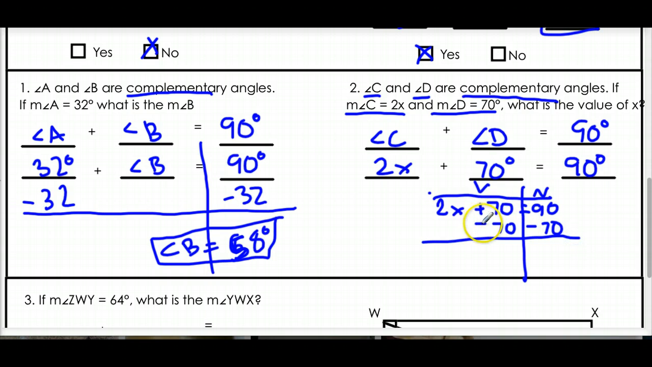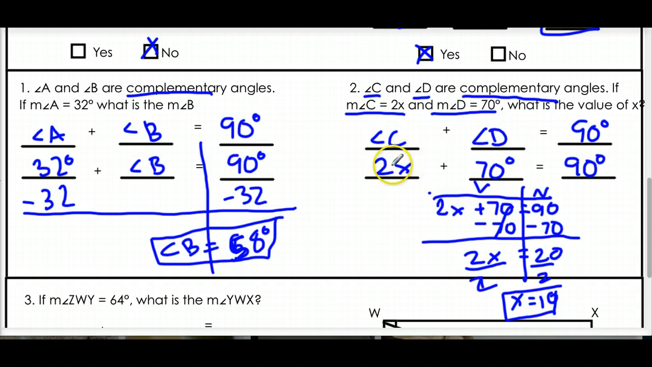All right, we're going to move the number to the opposite side, and we get 2x equals 20. To finish this out, we're going to divide both sides by 2, and sure enough, x equals 10. Now, sometimes I feel like you guys don't believe when I say things, so let's even see if this